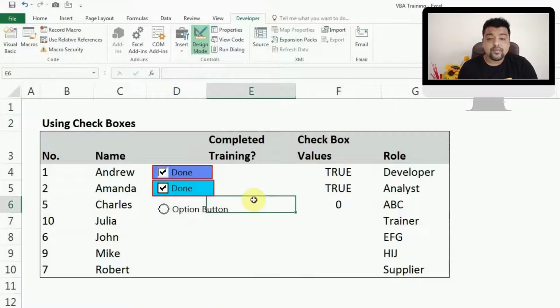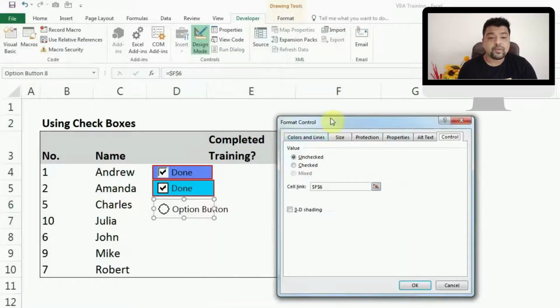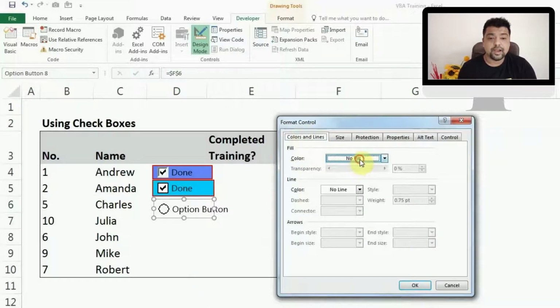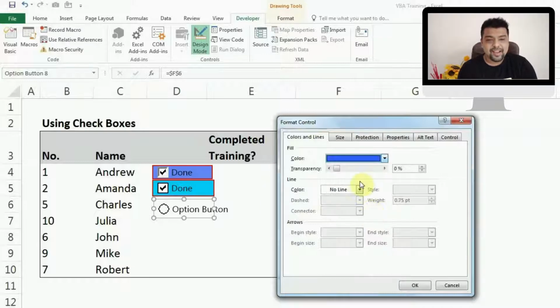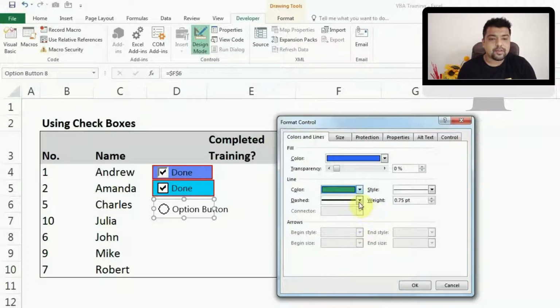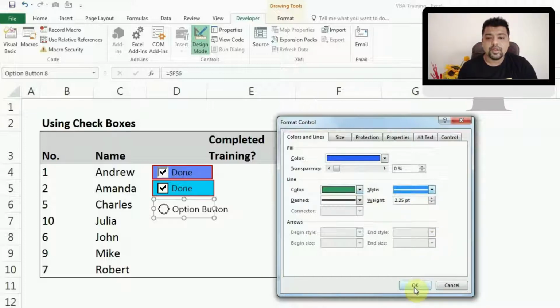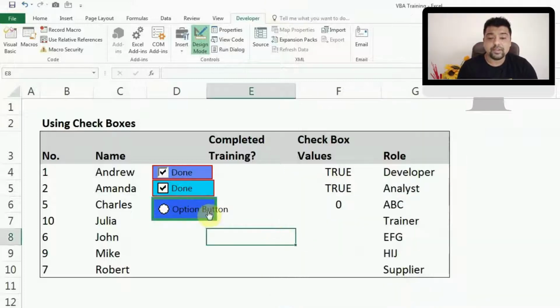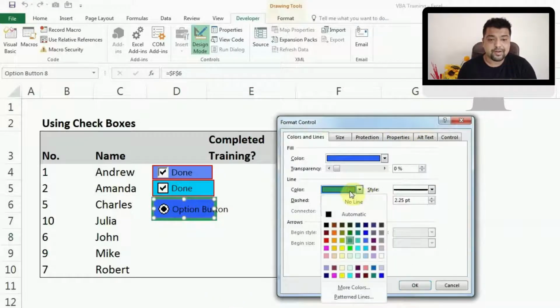Similarly, if I talk about other properties, you can color them, you can fill it. Let's say I fill it blue because that's my favorite color. And I change the line color to, let's say, a green line, okay? And I make the line a little bigger so you guys can see it. Okay, so now you can see it. This is looking something like this. Obviously, the colors are not matching. I may have to change it to look a bit better.